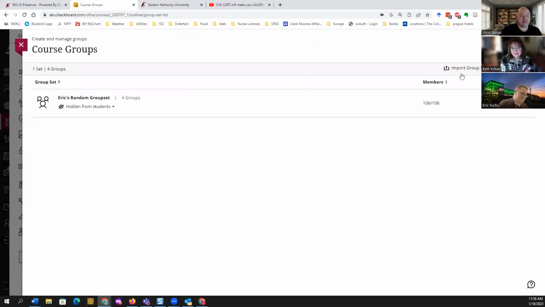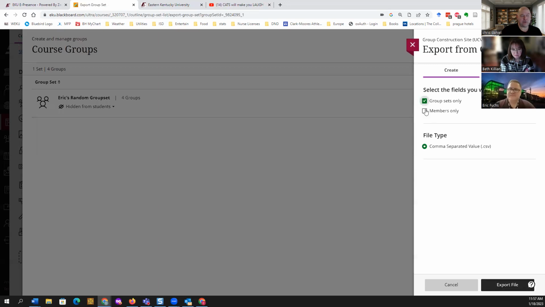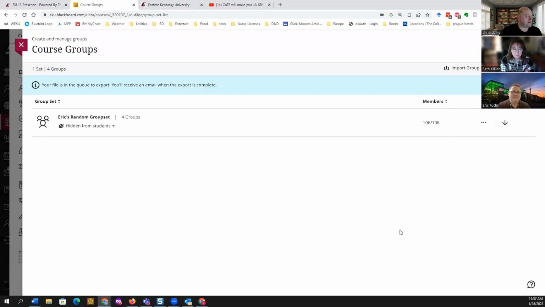That's done. Let me show you kind of a neat trick, if I can do it here. So let's say I want an Excel spreadsheet of this. It's pretty easy to get. You could also use Excel or another spreadsheet to manipulate this if you're more comfortable doing it that way. I'm just going to hit the 3 dots, go to export, and I want the group sets and group members, export the file. And then eventually it's going to let me download this. I don't know how long this takes, but I get an email on that. So I'm going to go to my email.